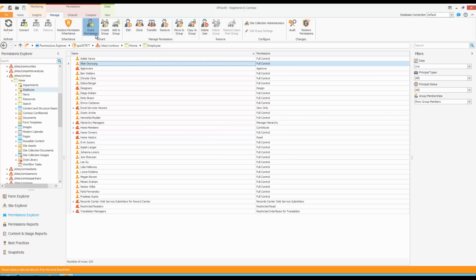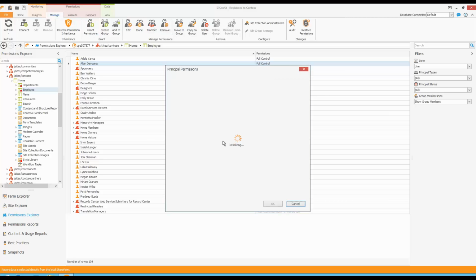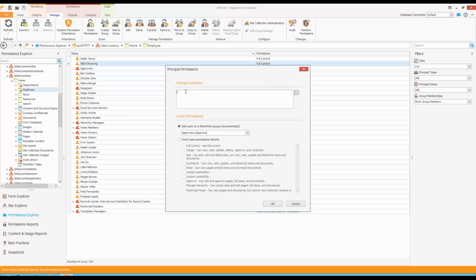And I can also grant permissions to somebody else and give him or her access to this particular subsite. So we are relying on your SharePoint Online infrastructure. Everything you see here is live, and as I'm typing, the system is going to query and find my user. So let's say Alex again, and then I'm going to grant him, I don't know, contribute for